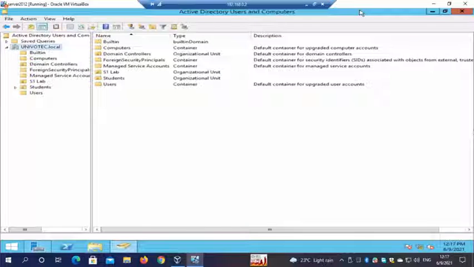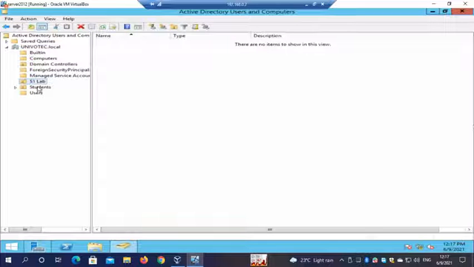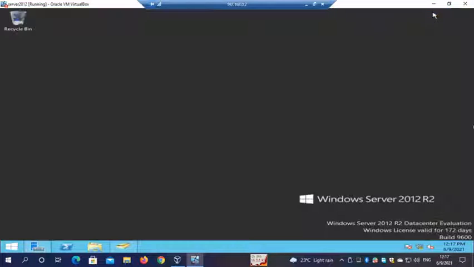Okay, so any questions? You can find this evaluation Windows Server image. Actually, I'm using one of them. They give 180 days or something.